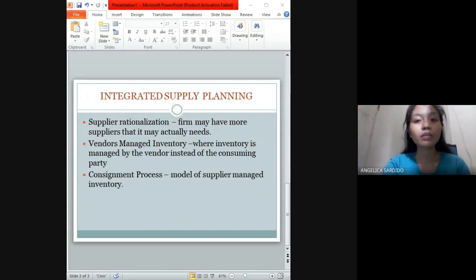The last is the consignment process, a model of supplier managed inventory. A consignment process is where products are stored at the customer's location, but the owner of the product is still the company. A customer stores the consignment stock at their own warehouse, where the customer can consume the product from their warehouse at any time, and the customer is billed for the product